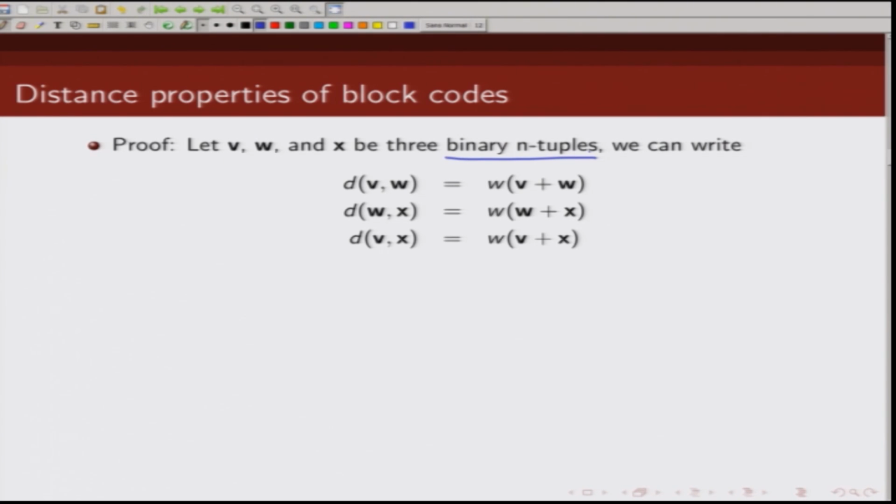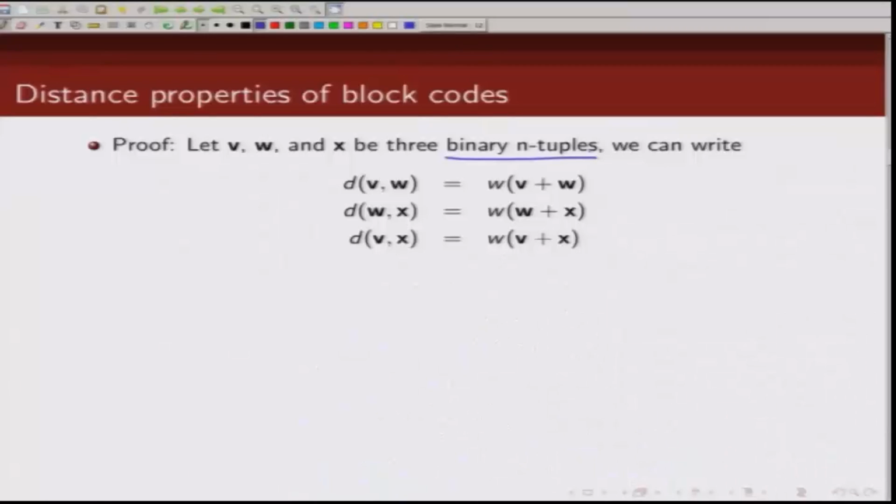Hamming distance is the number of positions in which V and W are differing, and since we are talking about binary n tuples, the number of places where V and W are differing can be found if we add V and W, this modulo 2 addition of V and W, and we find out the positions where the sum is 1,